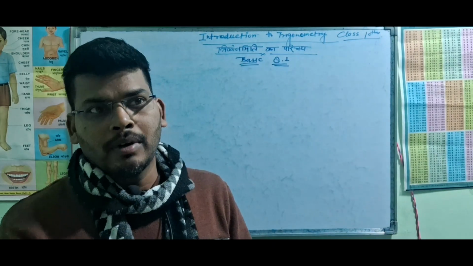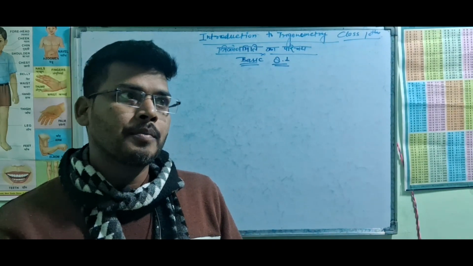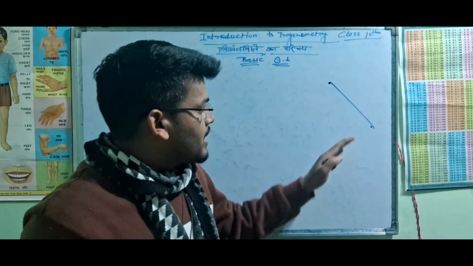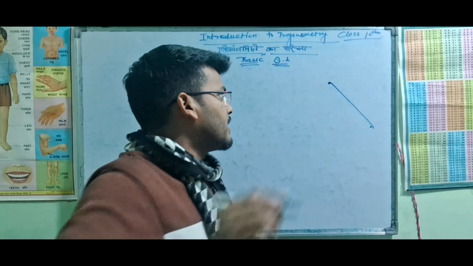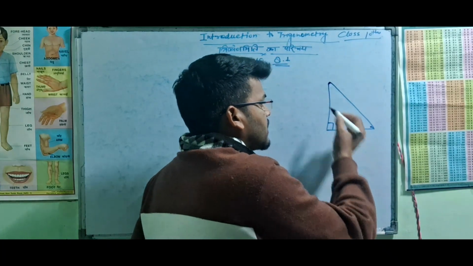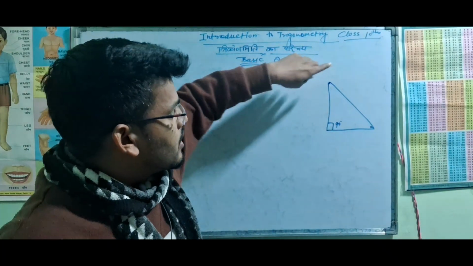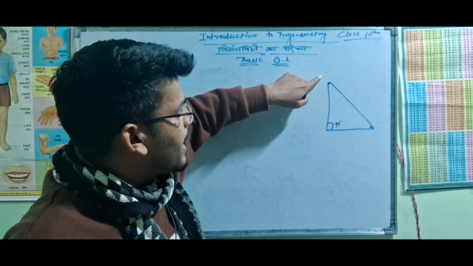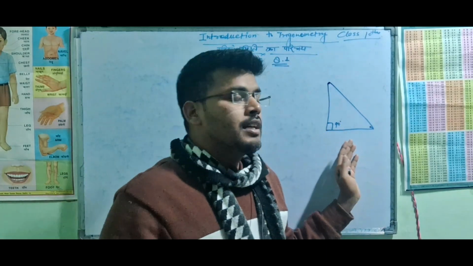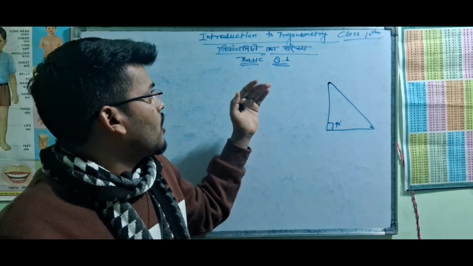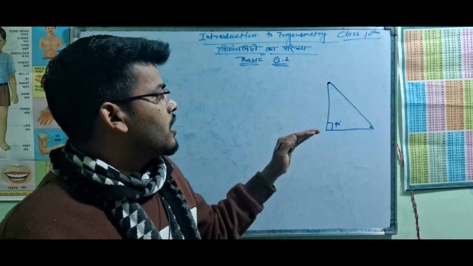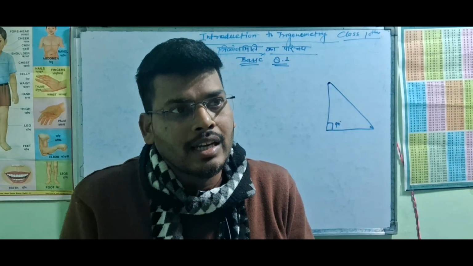Suppose that you are standing on a balcony and seeing across the river. Suppose that it makes an angle of 90 degrees, right? Yes, this one is 90 degrees. You are standing in this portion and seeing the bank of the river, and it makes a 90 degree angle. In all these cases, it is mandatory that it makes a 90 degree angle.